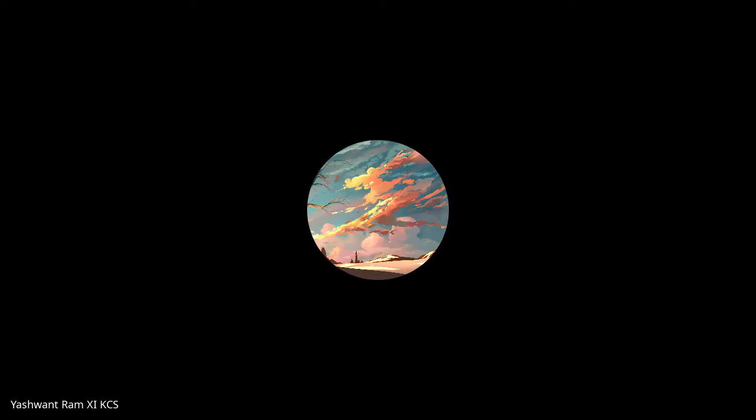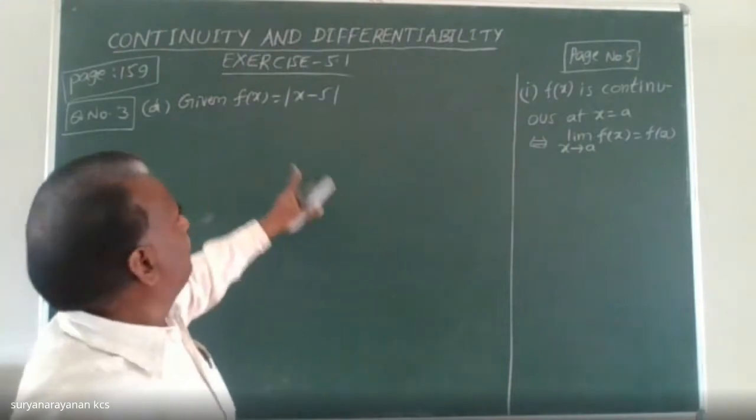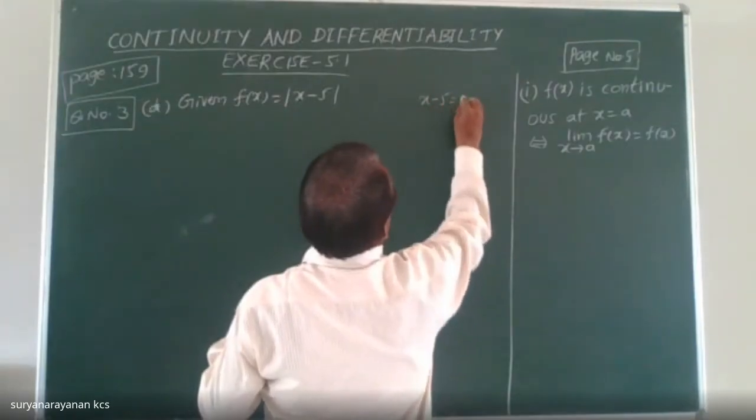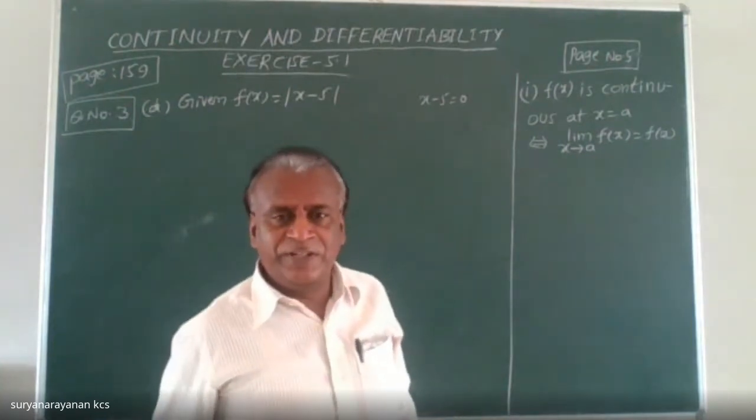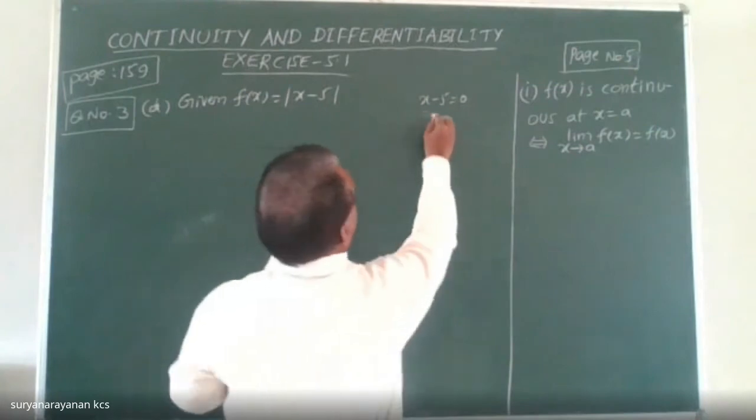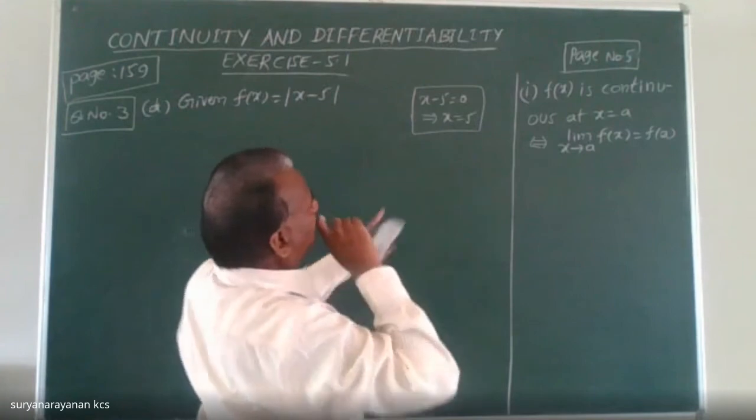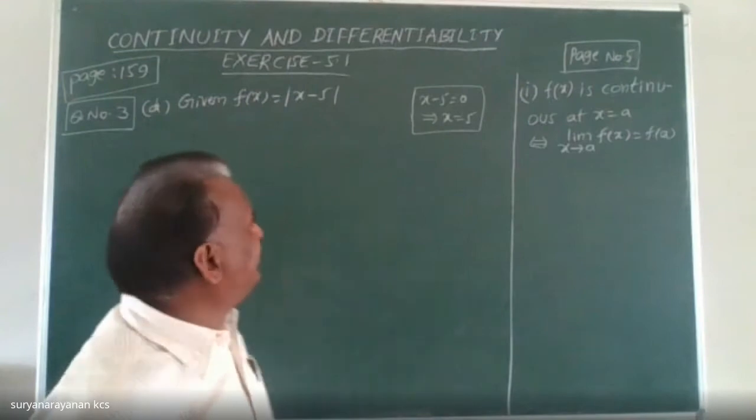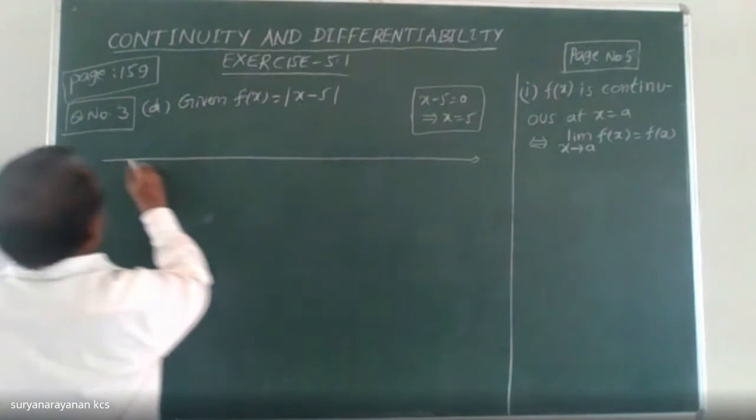No, sir. Okay. So here f of x is given as modulus of x minus 5. Within the modulus symbol, what is the given function here? x minus 5. So take x minus 5 is equal to 0. Write this equation. From this equation, what is the value of x? x is equal to 5. Yes or no? We found the value of x. So on this number line,